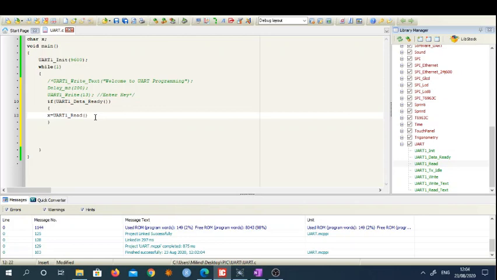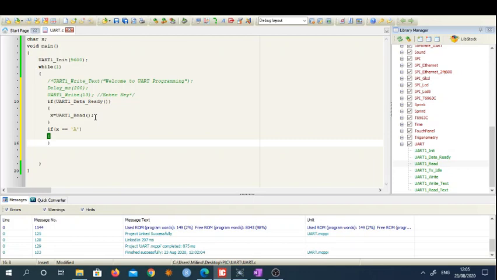All right. So here I have written the data available at the UART into the variable x. Now I have to monitor what this variable x is. For that I am writing a program: if x is exactly equal to, let's say, character 'a'. If I have entered the character a, then I have to send some message.